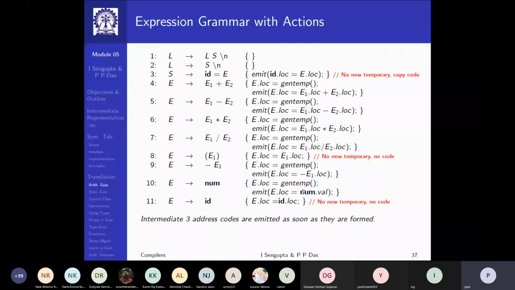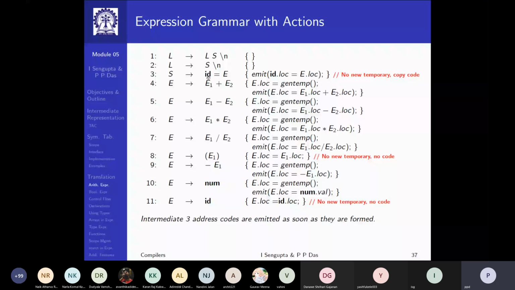Whereas when you do E produces ID, you know that the ID already represents a location. So the expression E is the ID itself and does not need a new location. We just say that ID.log, that address, is copied onto E.log. So the location for E is the same as the location for ID. That's the whole thing that goes on.